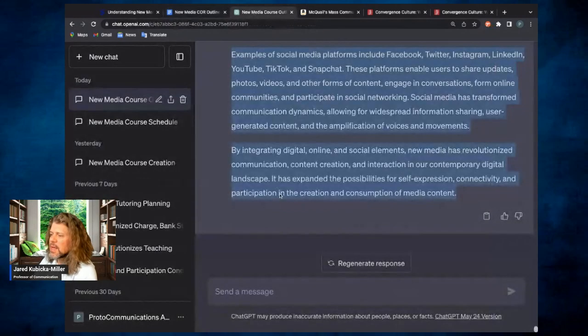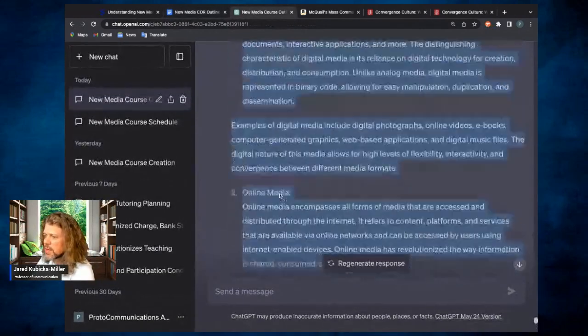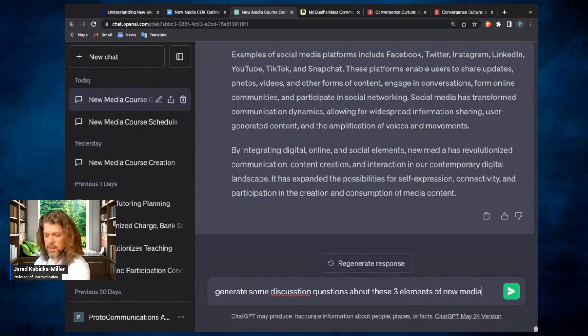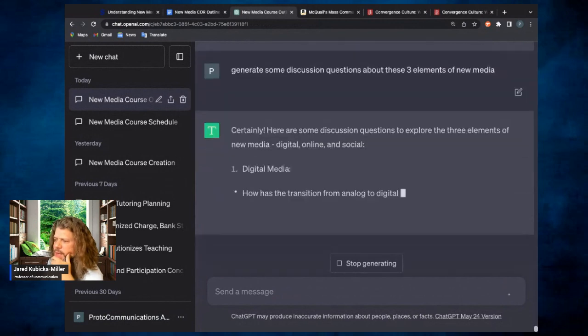Okay, so let's generate some discussion questions here. Generate some discussion questions about these three elements of new media. Let's see what it comes up with.